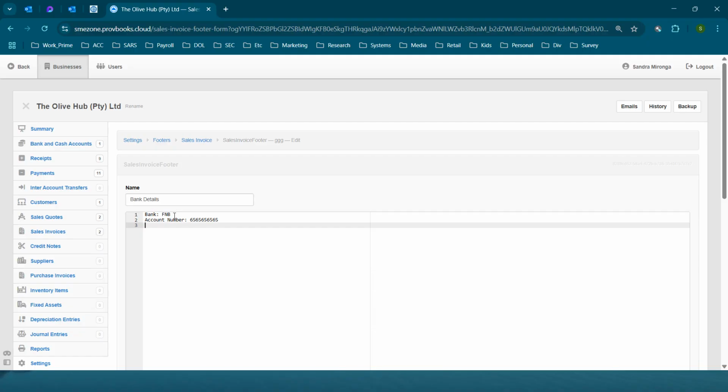Or if you wanted to write the account name first, it's up to you how you want it to be shown on the invoice. So you come and write what's on the bank statement as your name, then